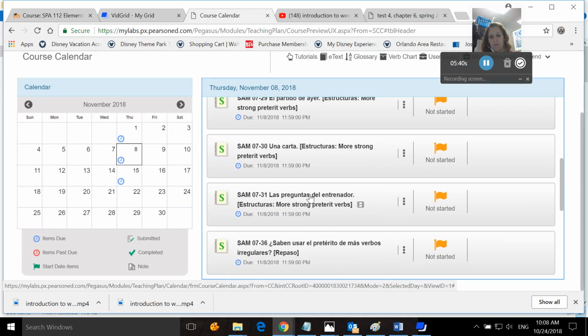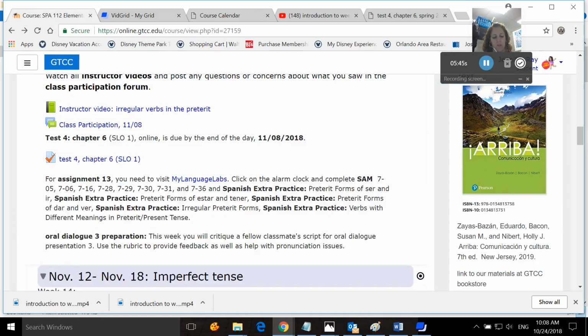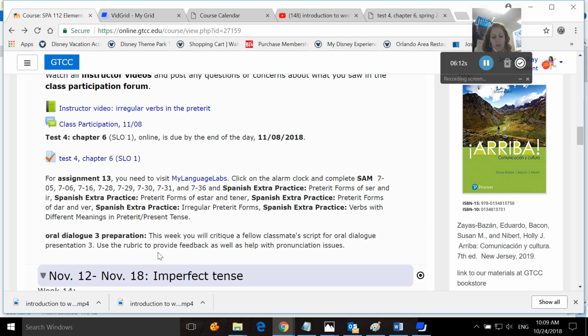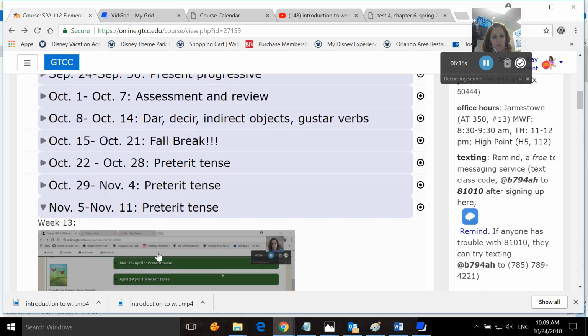And remember, you can do them as many times as you would like, but if you're doing them more than 3 times, I suggest reaching out to me. You also have oral dialogue. You're critiquing a fellow classmate's script. So it's in a previous week at the moment, but it'll get moved down here. You'll open up the workshop, you'll use the rubric provided in the feedback box to give your fellow classmates feedback on the script they plan to use to create their oral dialogue presentation next week. And remember, I will also go through these and just make sure that you do use these corrected scripts when creating your dialogue. And that's everything you have to do for week 13.